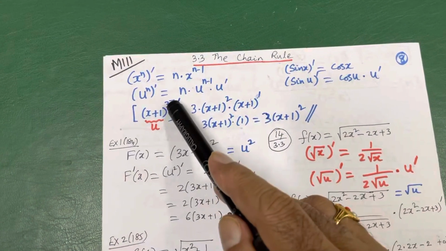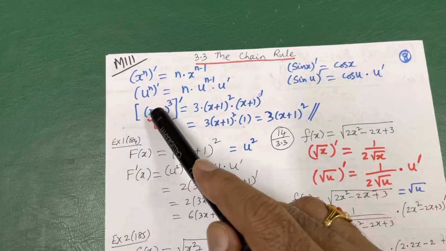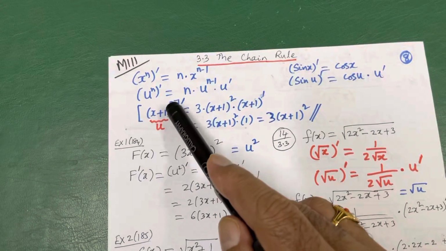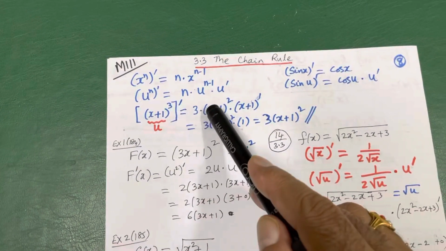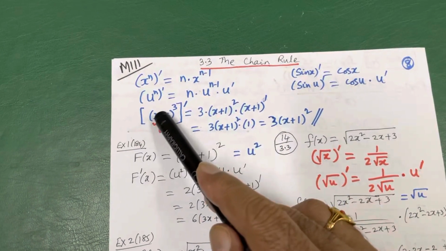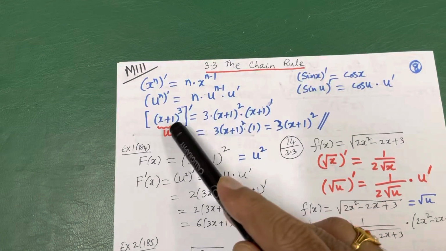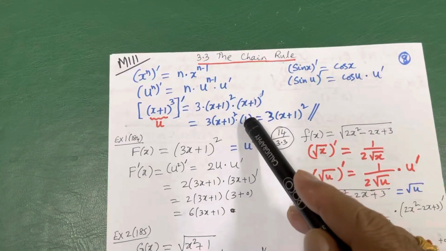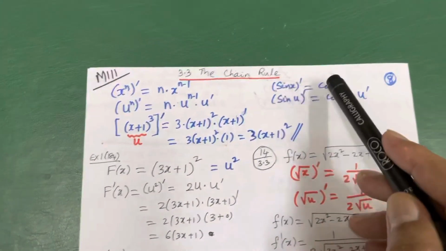Suppose you take the derivative of (x plus 1) whole cube. Here this is not x plus 1, this is not x cube, this is (x plus 1) whole cube. So since it is other than x, you treat it as u cube. The derivative of (x plus 1) whole cube is 3(x plus 1) whole square, multiplied by the derivative of x plus 1, which you should write extra. Anything other than x, you should write its derivative here. So 3(x plus 1) whole square, and the derivative of x plus 1 is 1, since the derivative of x is 1 and the derivative of 1 is 0. This is the answer.